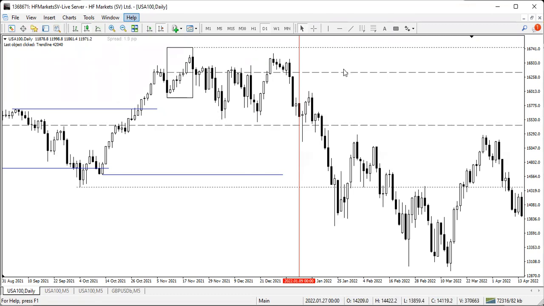Now, for rule number 7, for the guys who have paid attention to that a lot, take a look at this. A range is created. So if the range is created, we know that liquidity rests above and below the range. We break out the range here, which means that this run is taking liquidity. Based on rule number 7,